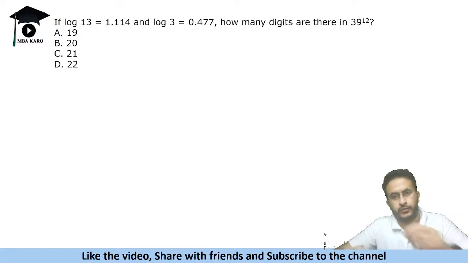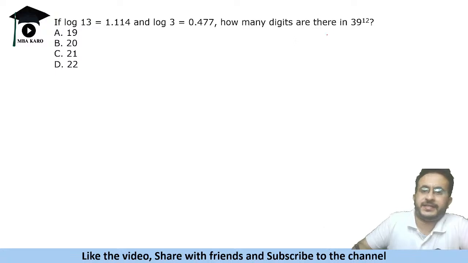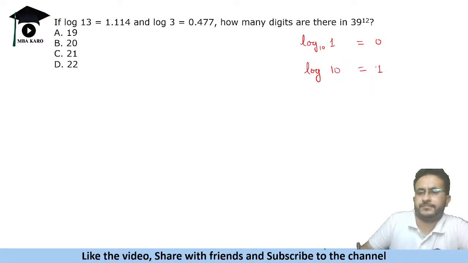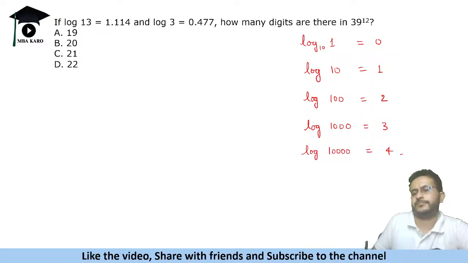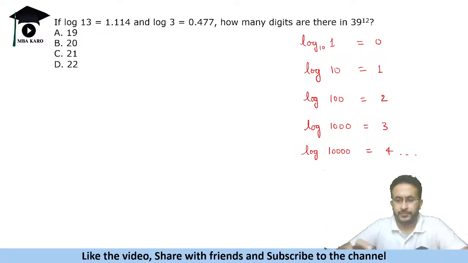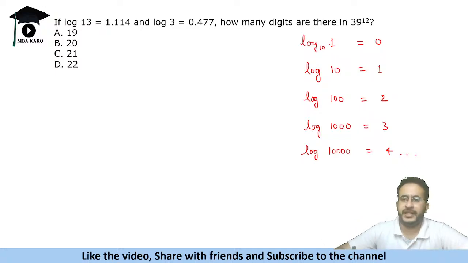Okay, how this works. So basically, log 1 is 0. Log base 10, log 10 is 1. Log 100 is 2. Log 1000 is 3. Log of 10,000 is 4, and so on. Okay. Now, if you take any one digit number, one digit number means like